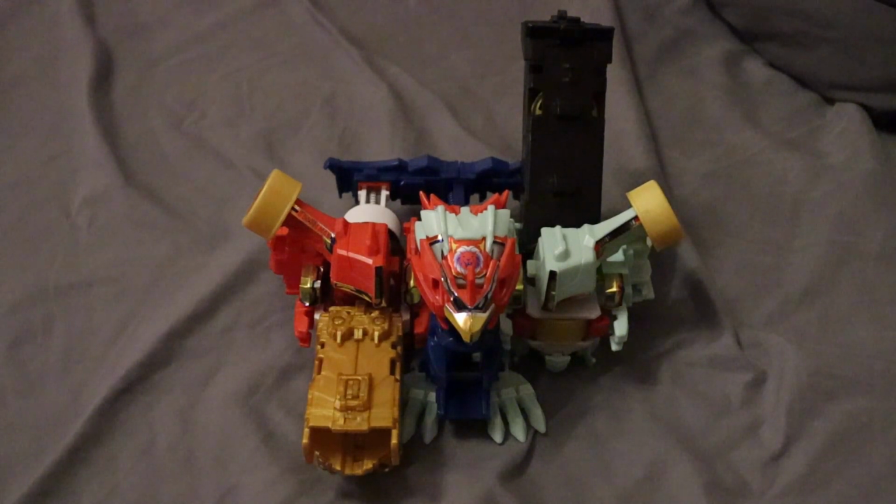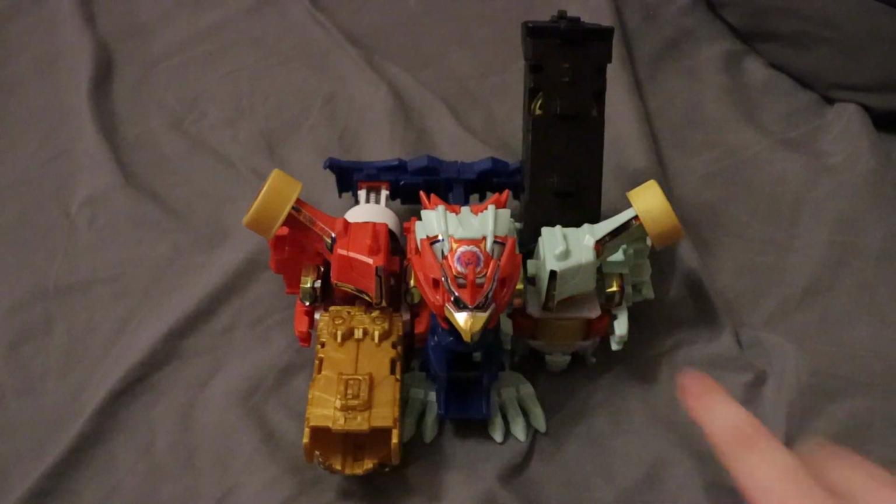I think the only one you can't use would probably be Raid Brave DX, and then also Kerpeps DX, or at least not the trigger, but then you don't get the double shot, so why use it anyway, right? But basically, if you have the DX customized set, you have that extra core. So what you could do is swap out this core for that extra control core, and then